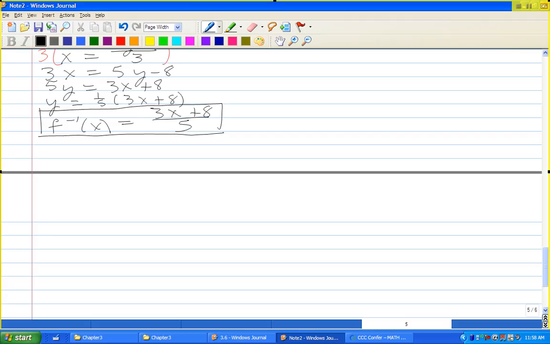6. Find the domain of f of x. Okay, so the domain